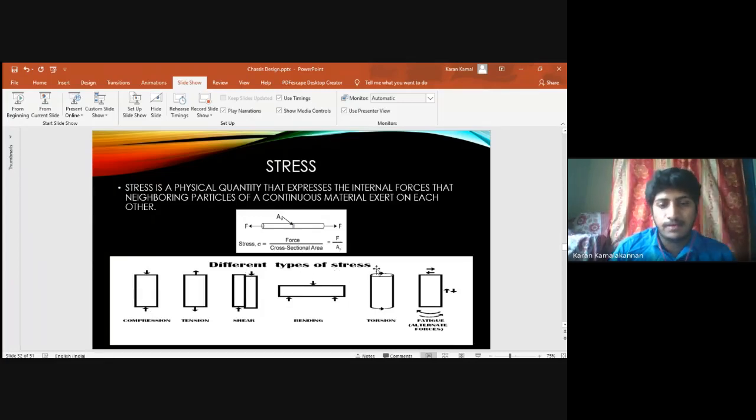The types of stresses we experience in a tube are compression during impact, tension, shearing, bending, torsion, and fatigue. During repeated cycles, we will be subjected to torsion, lateral force, axial, tensile, and compression, shear. Okay, all types of force. These are the types of stresses that we will be experiencing in the frame.